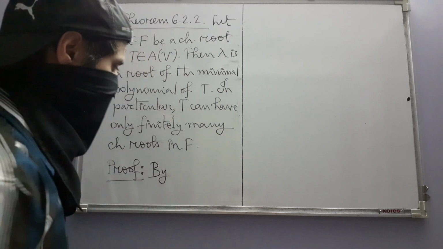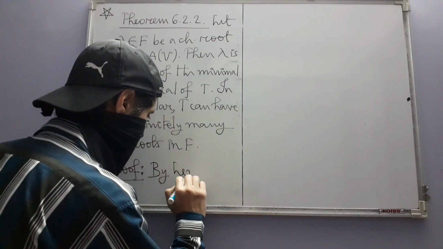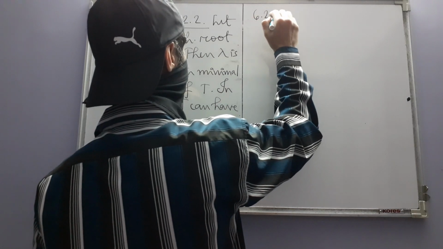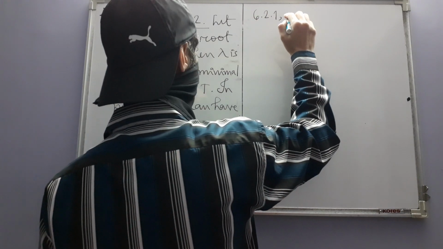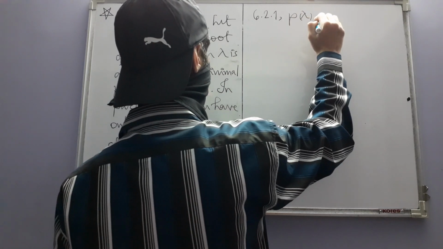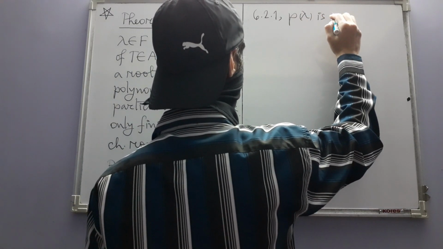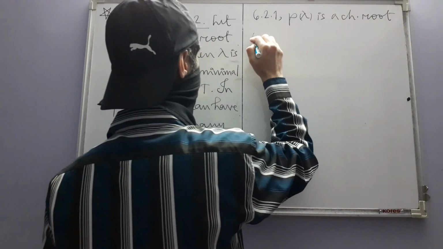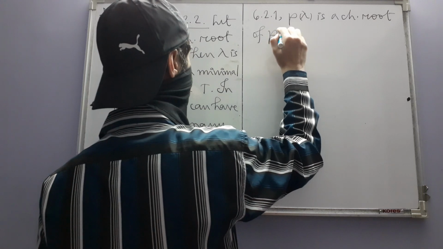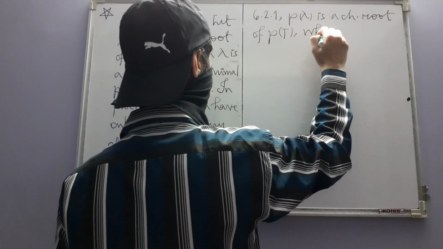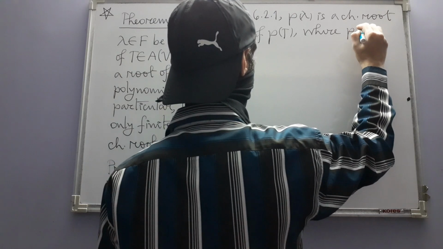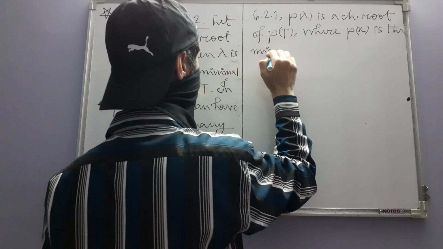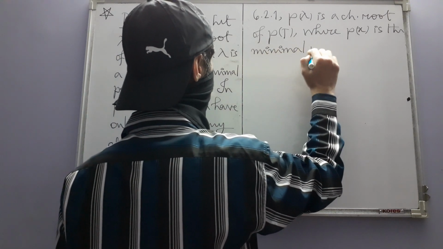By the previous lemma, by lemma 6.2.1, P of lambda is a characteristic root of P of T, where P(x) is the minimal polynomial